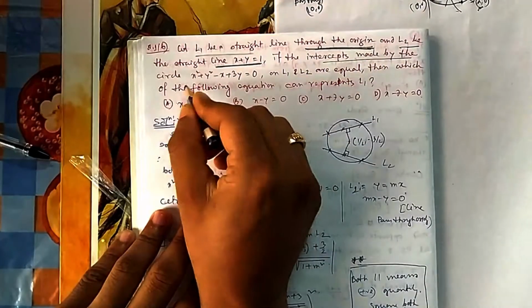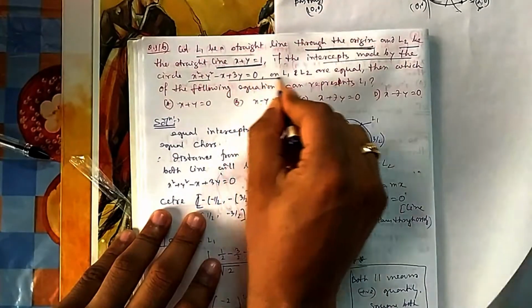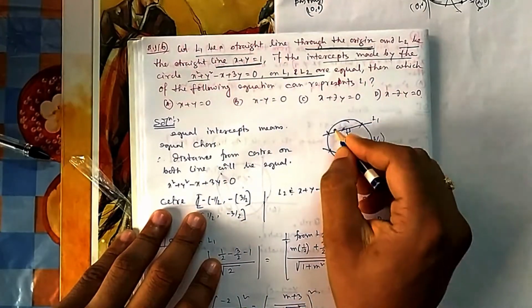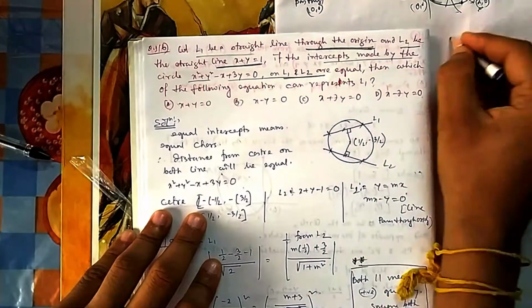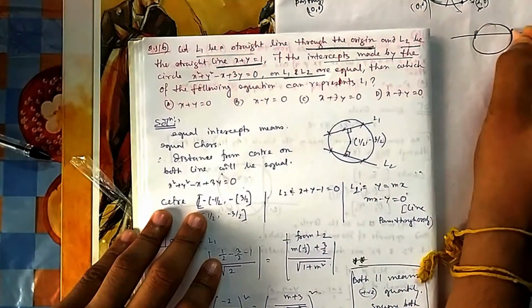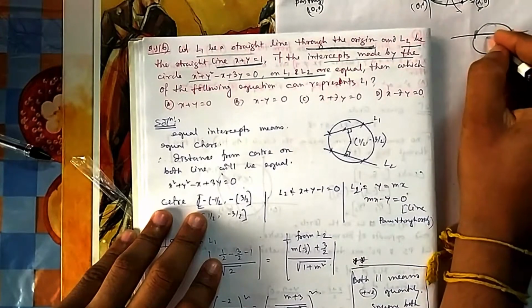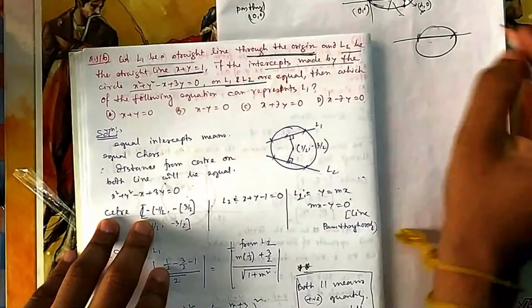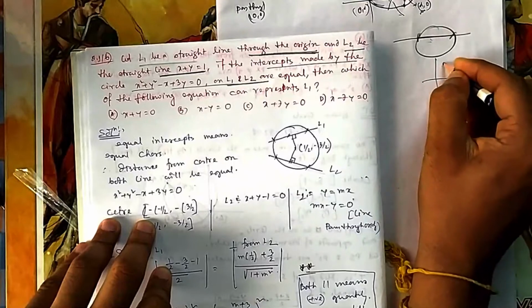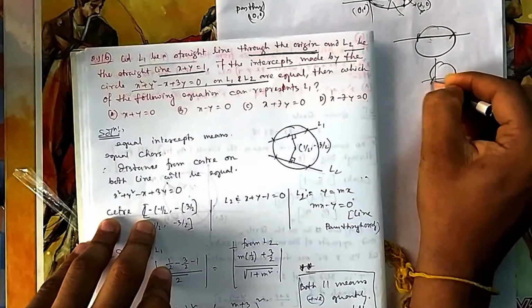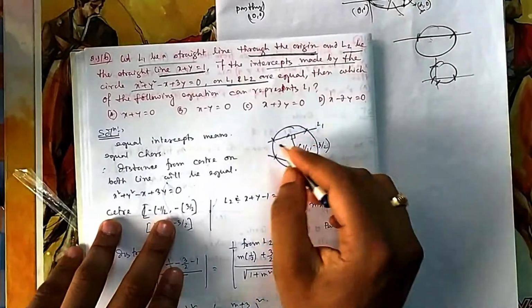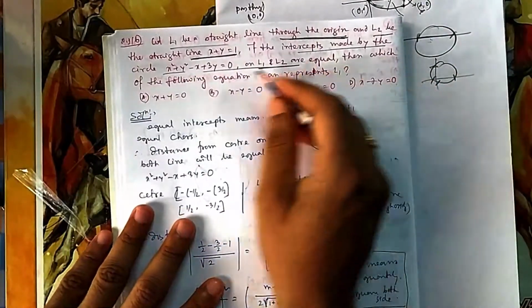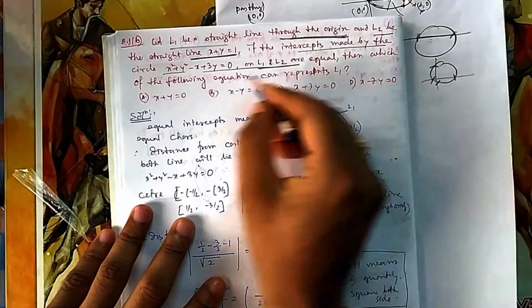If the intercept made by the circle on this line, the circle is making an intercept, that is nothing but chords. Once a line is given and the circle is making an intercept, they are asking about this position. Like I told you in basic level, x intercept is this, y intercept is this. So that is the intercept. They are equal, so the intercept means chords are equal. Then which of the following